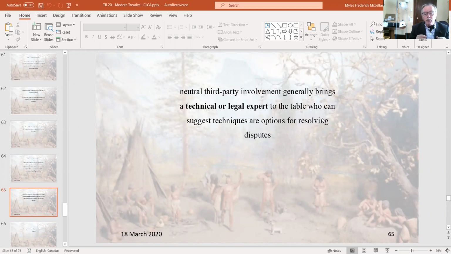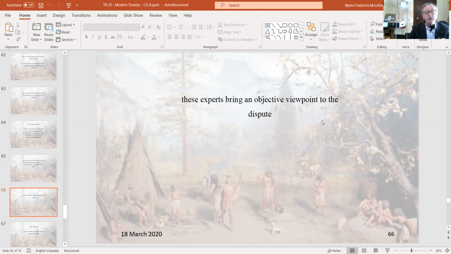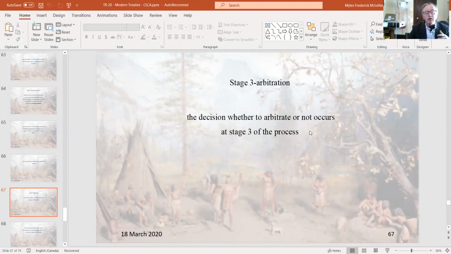So it's important to remember that mediation isn't a process where somebody tries to impose their opinion. They're there to facilitate the parties arriving at a resolution themselves. So what they do is they bring an objective viewpoint to the dispute for the parties to take into consideration. Having said that, if the mediation route doesn't come to resolution, so the parties still can't negotiate an answer